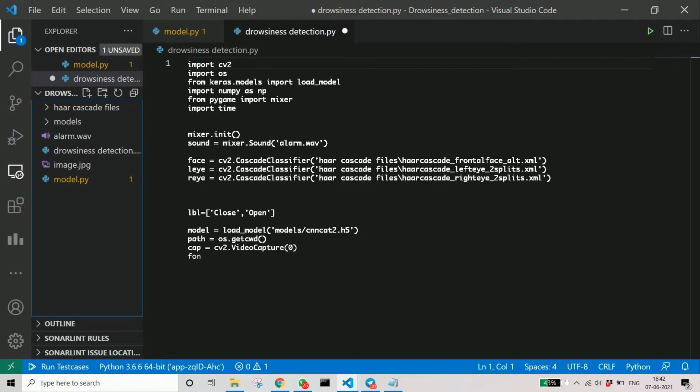Now we are capturing the frame. Here 0 means our camera, the camera of the device on which you are running the script, so 0 means our webcam. We can change the camera, it's possible. Now we set the score to 0 and thicc to 2. Here left prediction and right prediction are set to 99, which we will later turn into 0 or 1. So it's just initialization. Now we start the while loop.